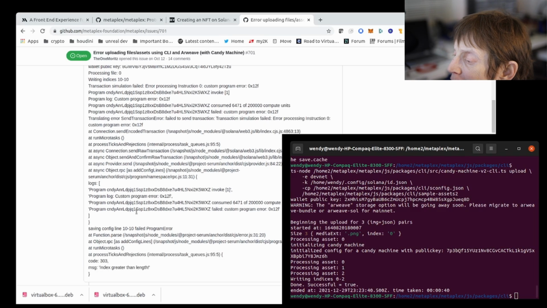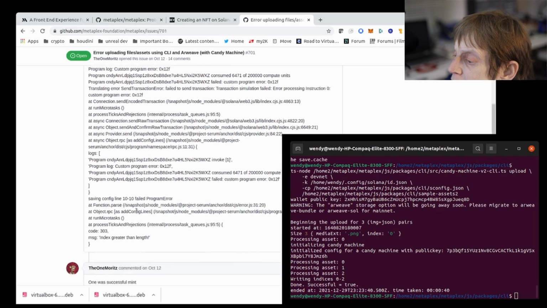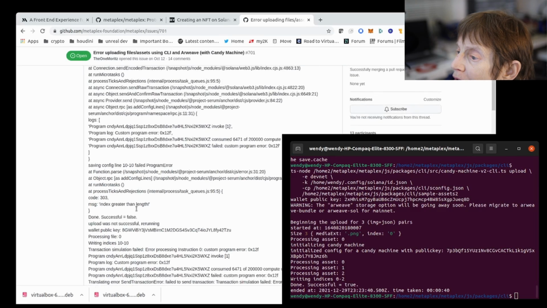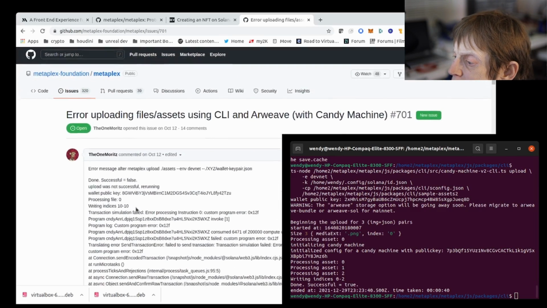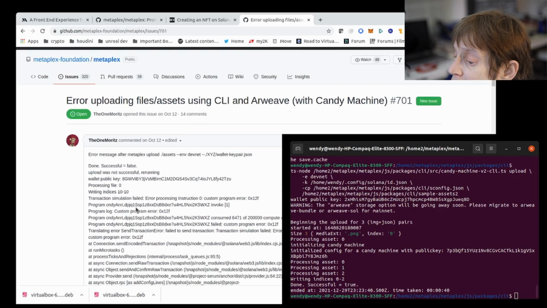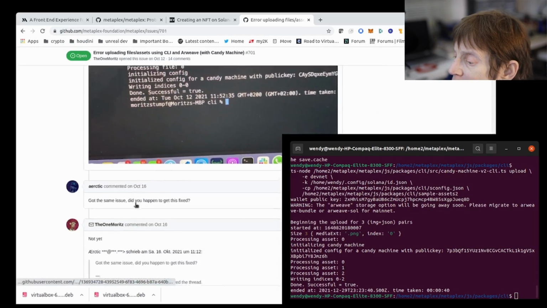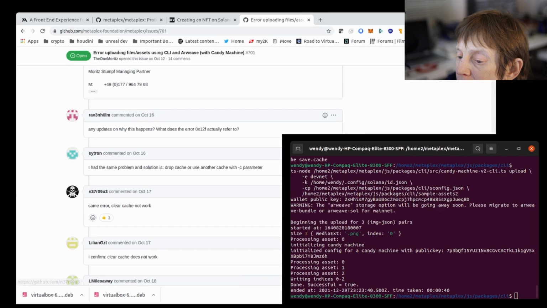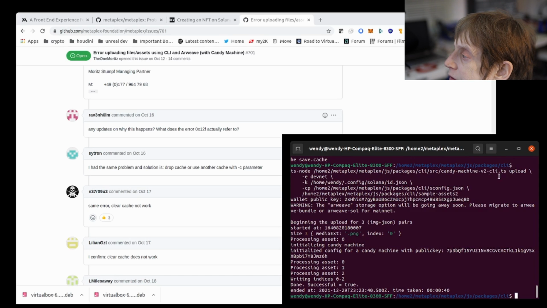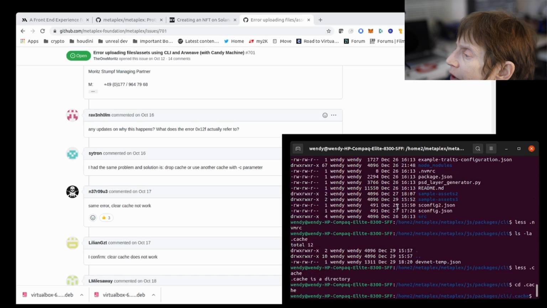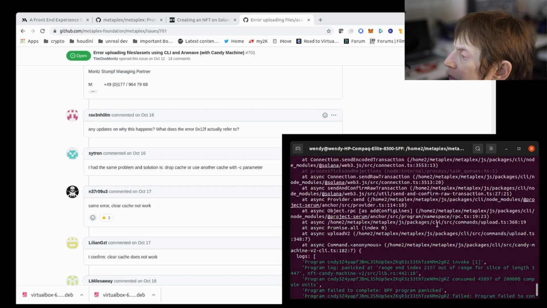Well, it would give me some kind of an index error, but they were getting problems too when they tried to upload additional information or additional items. Not sure what's going on there, but apparently it is an issue. It could be that the parameters,